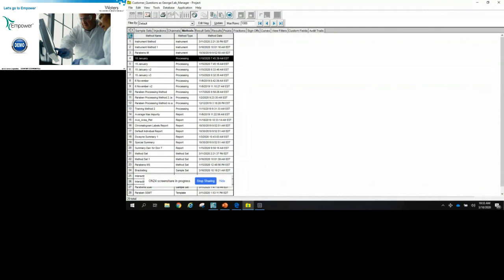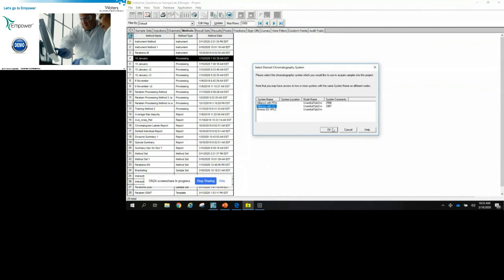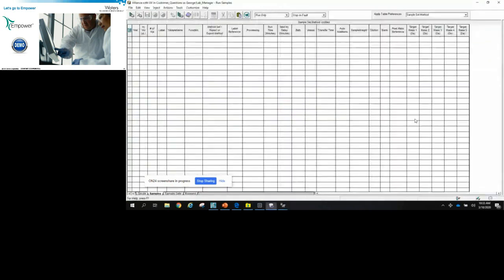So if I go into run samples, let's take a look at the possibilities that we have. So up at the top, we have run only, and the choices there are, as you know, run only, run in process, run in report. And right next to it is interactive system suitability settings. Now, the default is to continue on fault, meaning if there is a fault, just continue on to the next line and keep injecting. But if I switch it to stop on fault, what would happen?